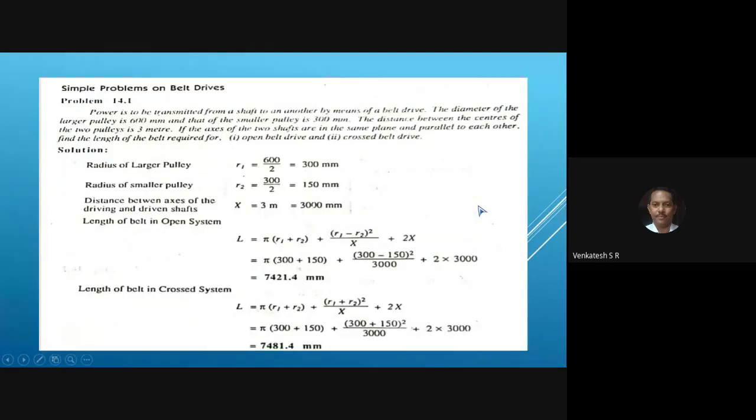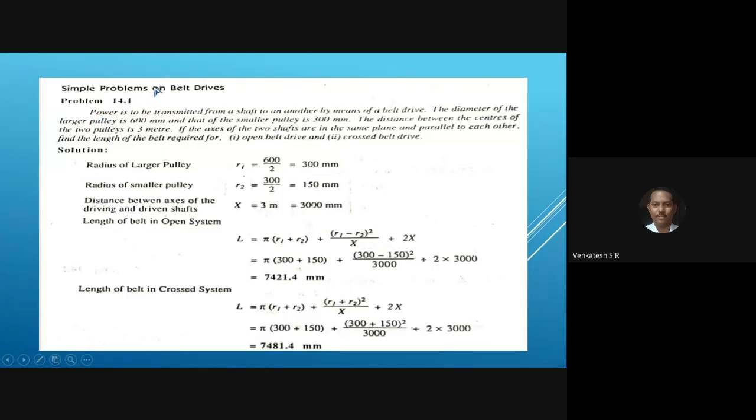Next, come to the point, write down a problem. You have the same type of problem in the examination for calculation of length of the belt in case of open belt drive and cross belt drive, speed of the driver pulley, speed of the driven pulley, and the diameter of the driving and the driven pulley. Only 4 categories of problem you have in the examination. Write down problem number 1.